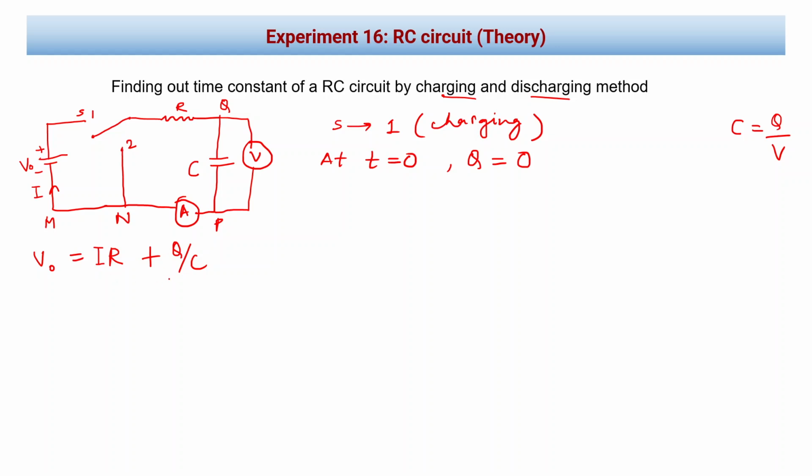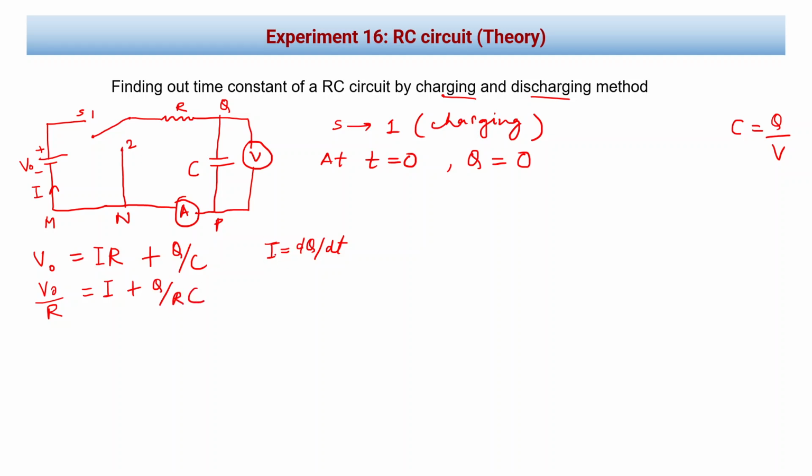So this will be the total voltage drop in this circuit. Now since we know current is given by the rate of change of charge, that is, flow of charge per unit time, I is equal to dq by dt, right? So this equation will change to, and if I divide this equation by R, then it will become V0 by R is equal to I plus Q by RC,